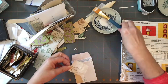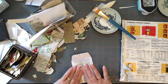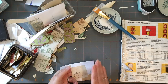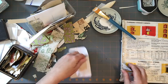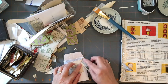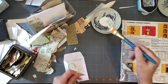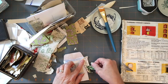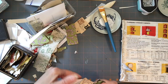This is from an old envelope, which I think I took the stamp off of. I have the stamp somewhere. Some of these stamps were just falling right off, so I just took them off. Yeah, that has a curve on it that was already cut out, and it fits right on that little curve right there. So I'm going to glue that down. Just the top here. And then I'm going to